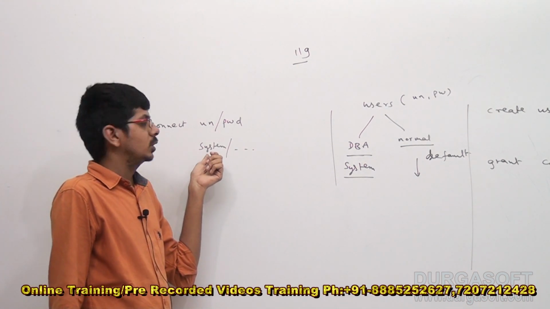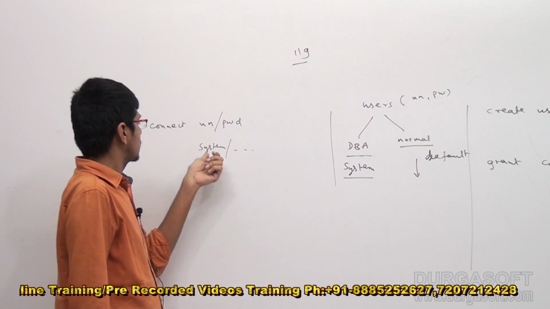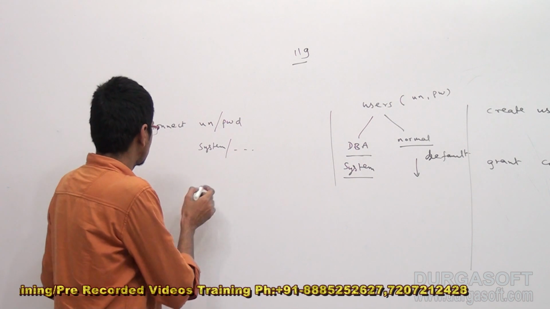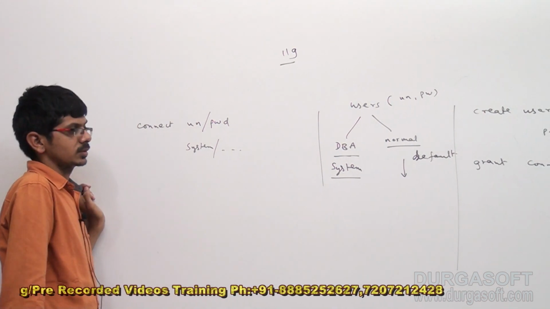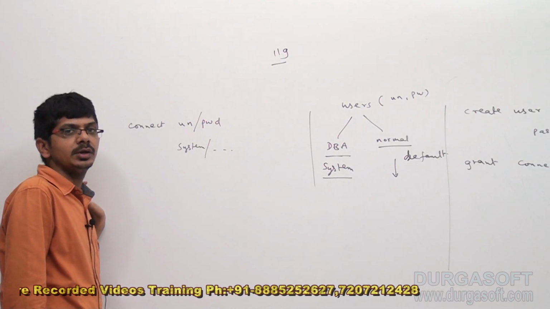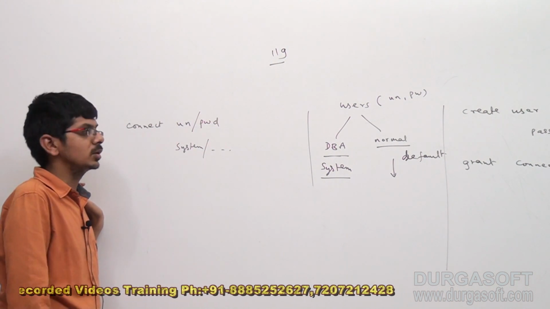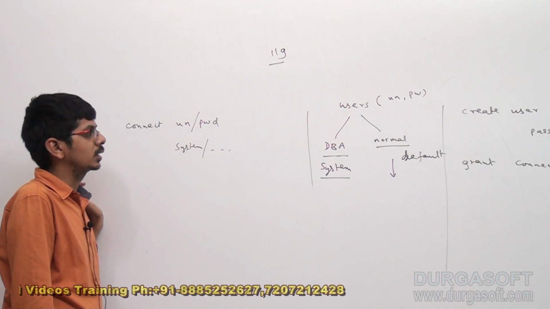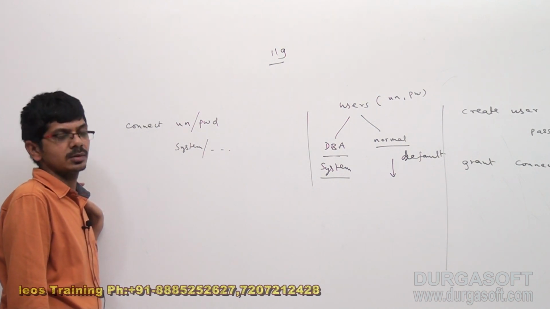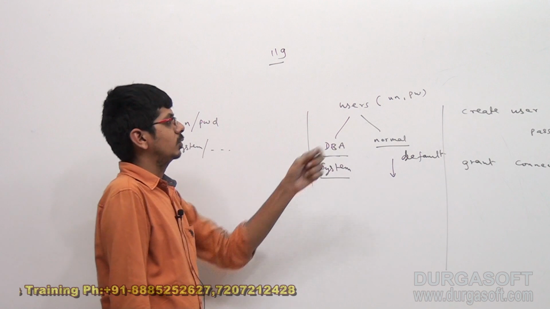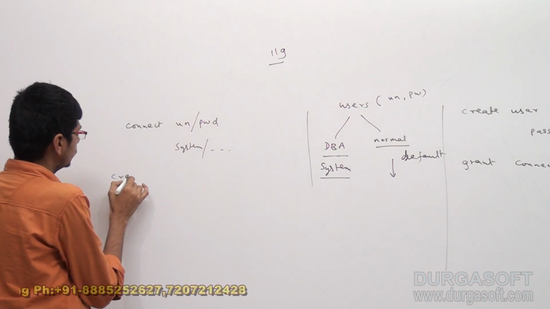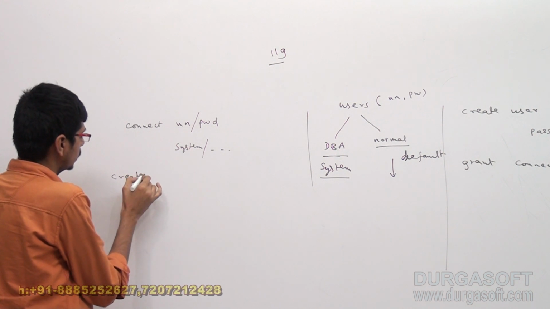So whenever you give connect system/whatever password you have given, it is connected to the system user. So system is a DBA, so it can create any other user. Okay, it can create any default normal user, or it can create any new normal user. Okay, so that we will be doing with that query. Let us say I want to create